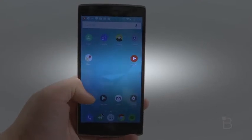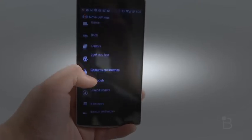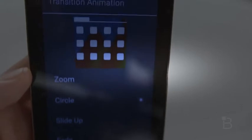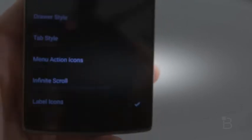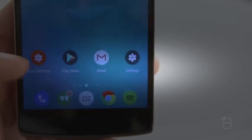I haven't had any problems with this launcher in any of the phones I've tried, and just the other day Nova Launcher updated their app to version 3.1, and it introduced a few new features like transition animations, which allows you to set a certain animation when accessing your app drawer, for example. And overall, this launcher is just super stable, and if you buy the add-on Prime version, which I have here,